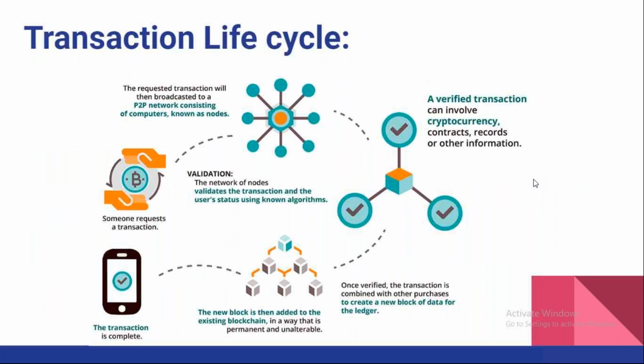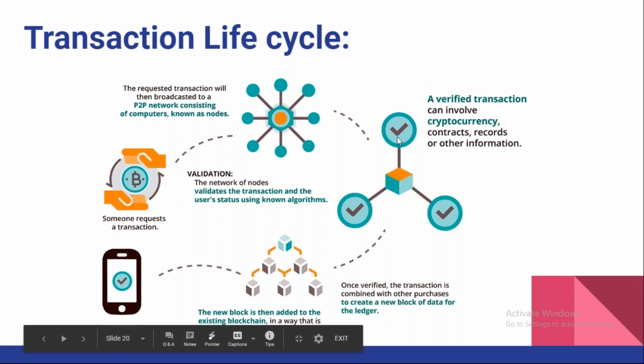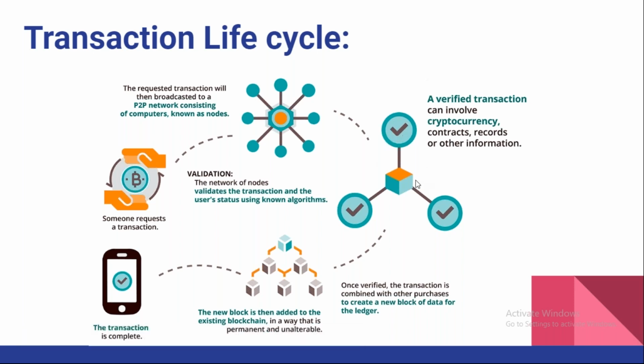So this is the transaction life cycle. I already explained it, so whatever I explained there, the same thing applies here. Once a Bitcoin transaction is broadcasted, it will go to all the nodes, and it will be verified by the miners. These are the miners, the mining algorithms. Miners will validate all these transactions. Once the miners have validated them, all the transactions will be added to the blocks. So these are the blocks.